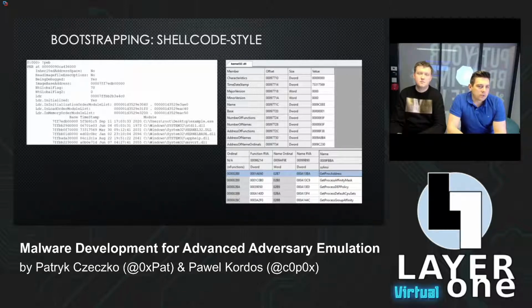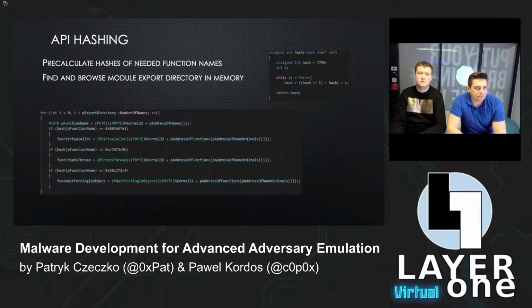Also, just checking the process environment block in a debugger, we can see the information about loaded modules. The first module is the application executable itself, and then we have ntdll and kernel32, and we can browse this to find specific functions by name. And going further,